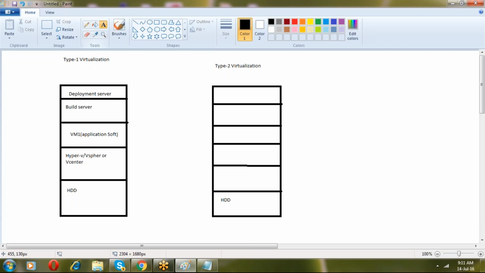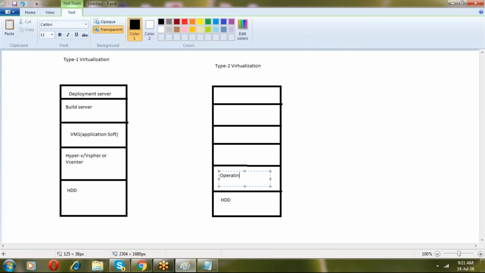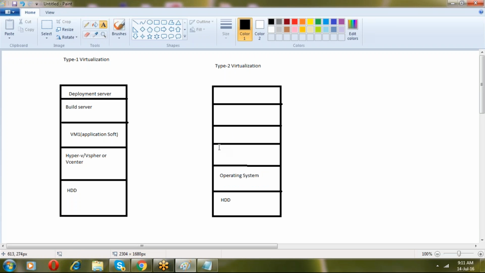So I have a hardware, and on top of the hardware I'll install whatever operating system I like, Windows or any other.